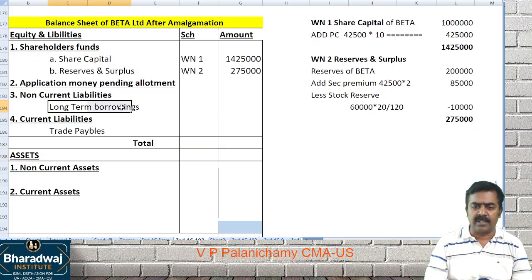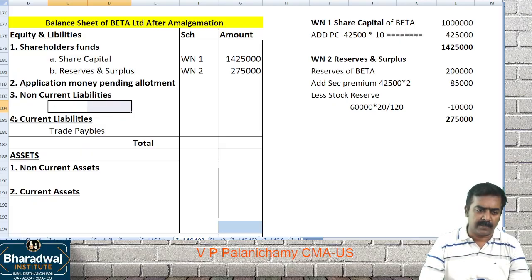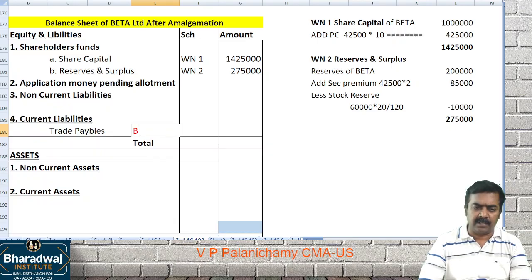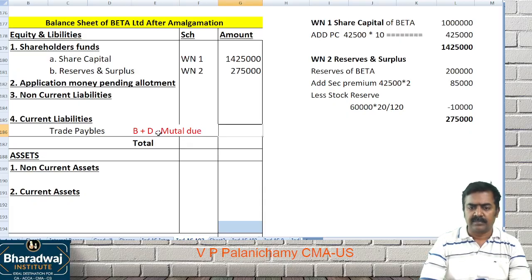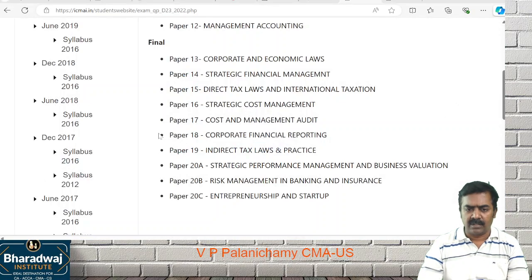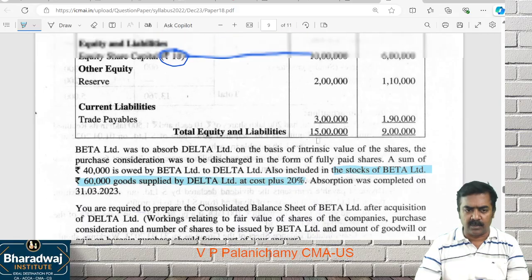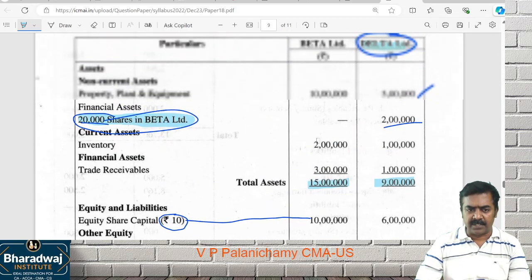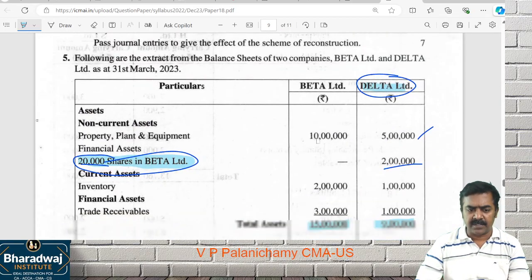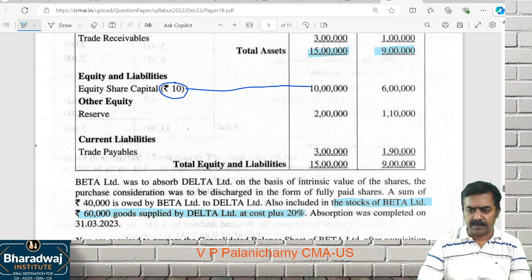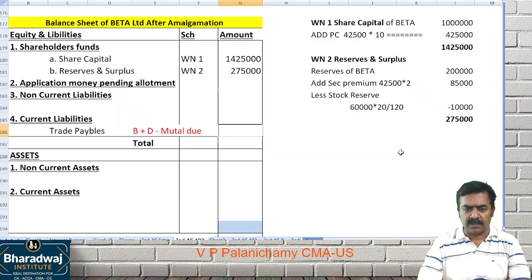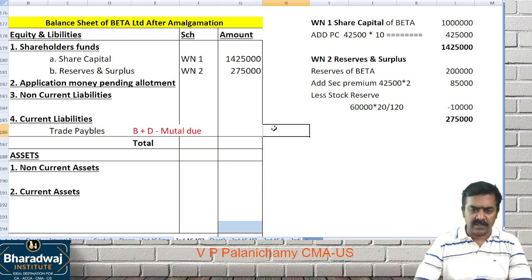Any long-term borrowings in this question? No long-term borrowings. Trade payable, beta plus delta, minus mutual due. Beta plus delta, look at the amounts. Beta plus delta, look at how much the trade payables are. What is the trade payables? 3 lakhs plus 1,90,000 minus,